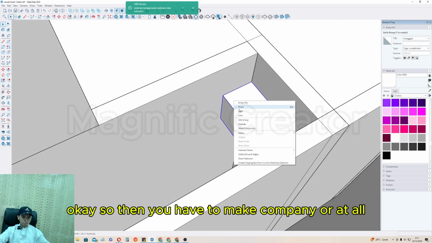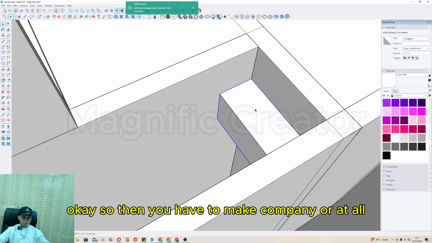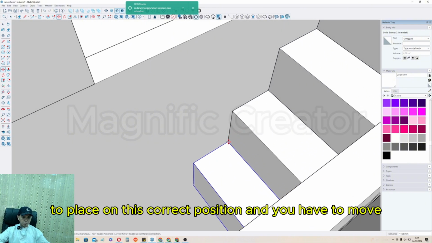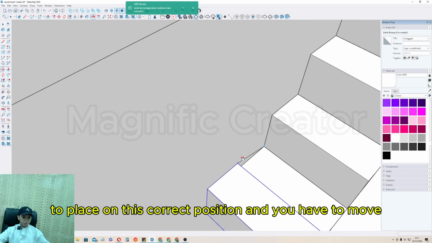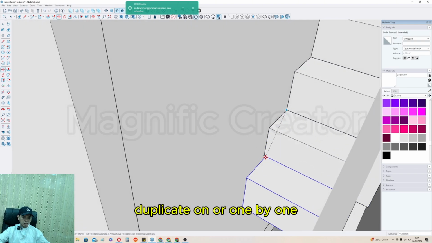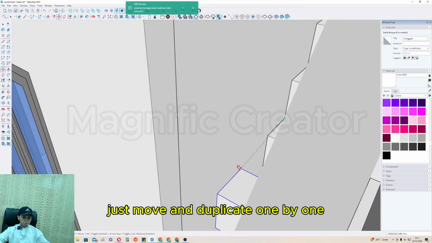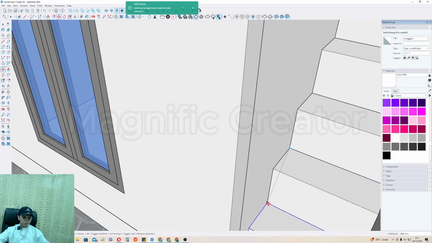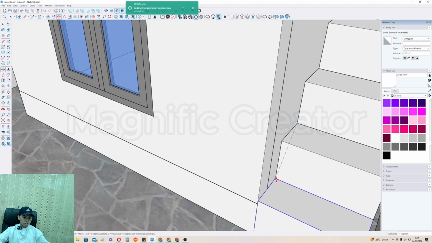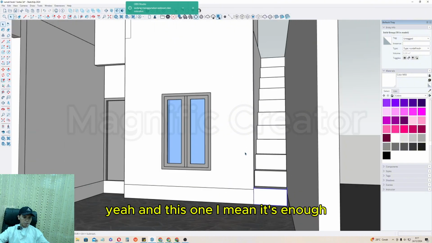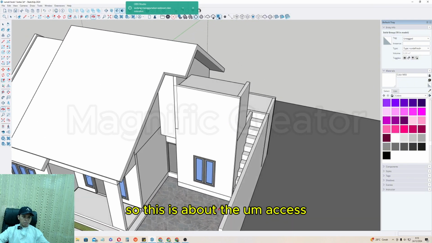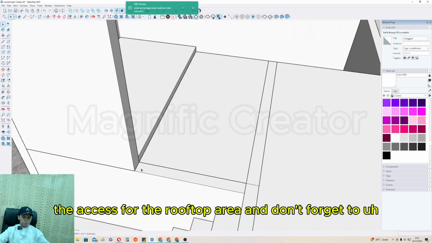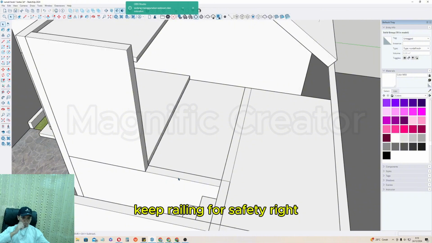Okay, so then we have to make it a component. We have to move and place it on the correct position, and we have to move and duplicate one by one. Okay, and this one, I mean, it's enough. So this is about the stair access for the rooftop area, and don't forget to give a railing for safety